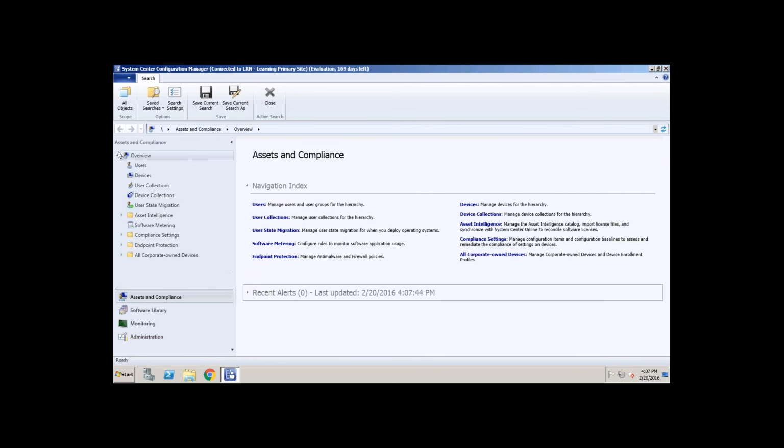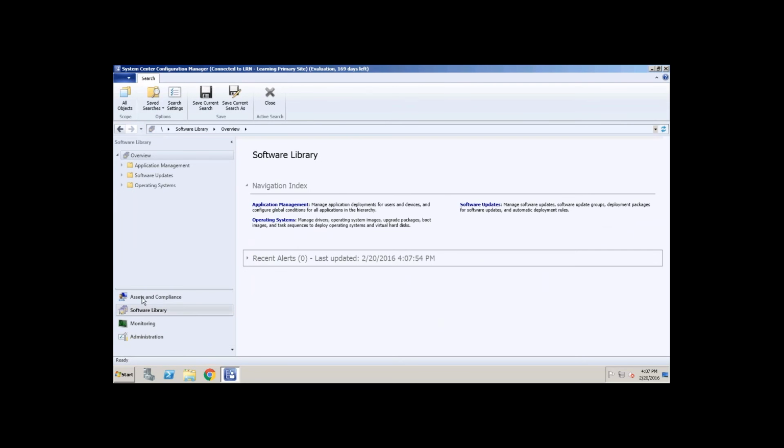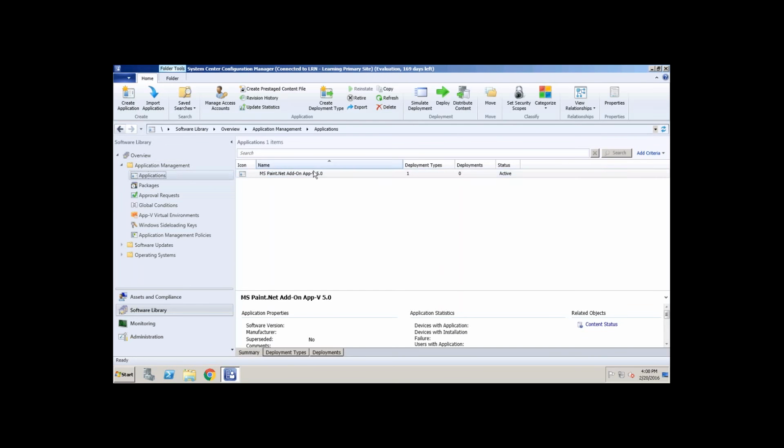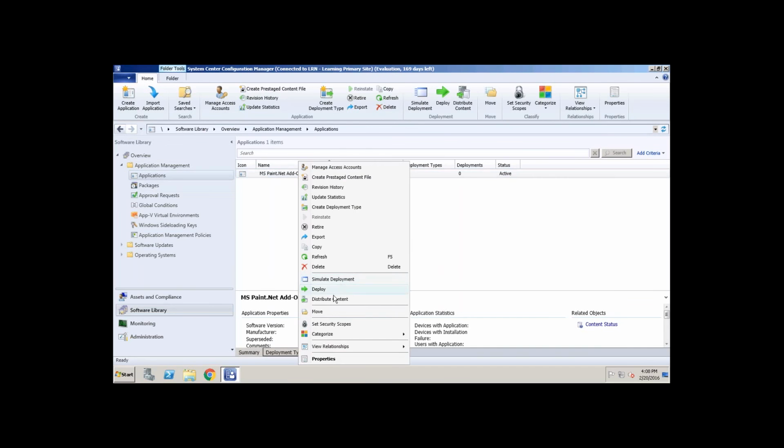This is the interface of your SCCM. When you expand it, just go to the software library. Inside of this, go to application management. Under the applications, you see it's already there, one package. Let's remove this.